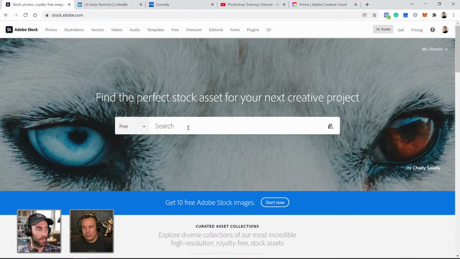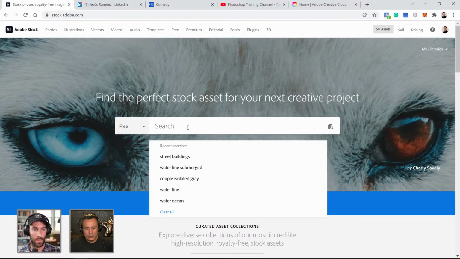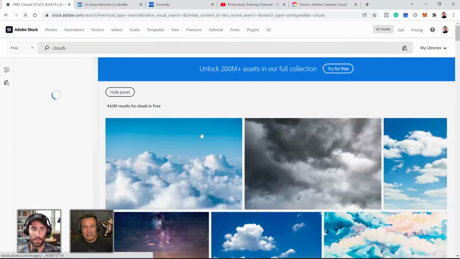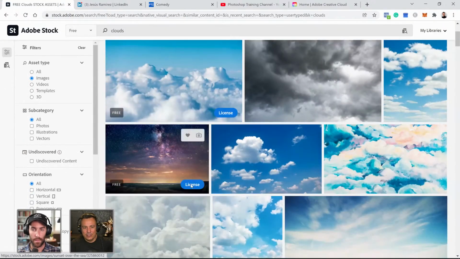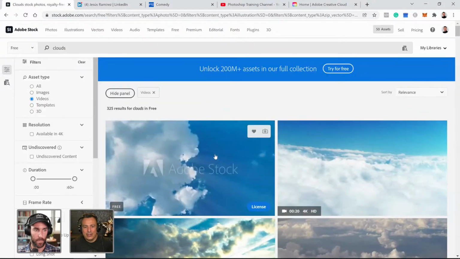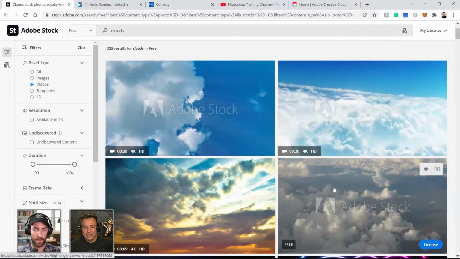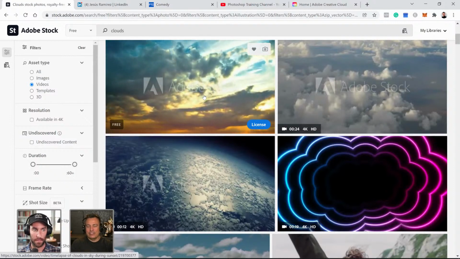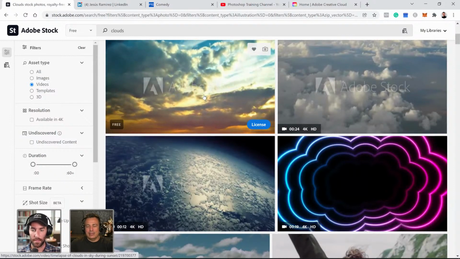And when you search, you'll get free assets. Another cool thing is, I know they have a clouds video. When you search for clouds, for example, you're going to get a bunch of photos of clouds, right? But you can also change the asset type to videos. And now you have these really cool clouds that you can put on your images. So I've actually used these videos as sky replacements to create a